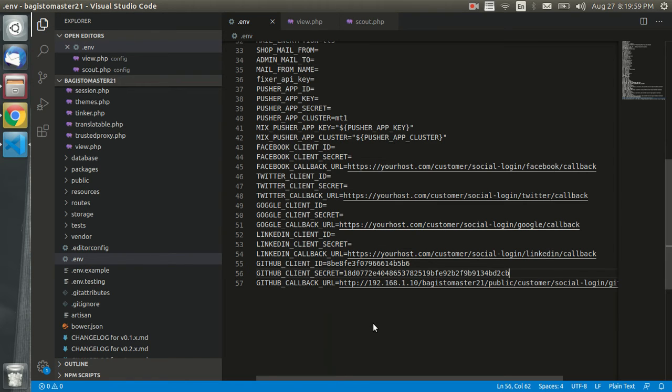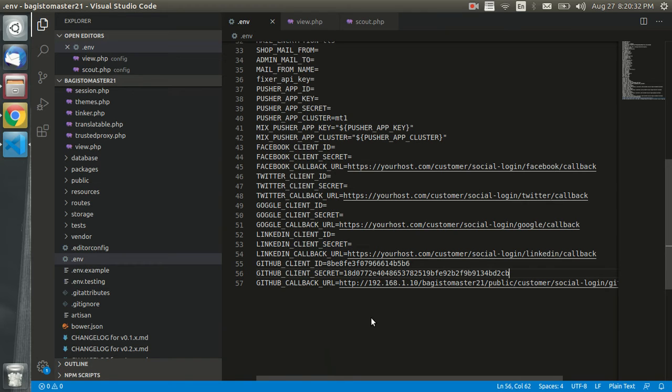So guys, hope you understand. For successfully using the social login, the admin needs to generate the API keys from the social media platforms such as Facebook, Twitter, Google, LinkedIn and GitHub. Here I am showing you the process of how you can get the API key from GitHub. For the rest of the platforms, you have to follow the same process, and I'll share the doc where you can find out how to get the API key from Google, Facebook and other platforms.